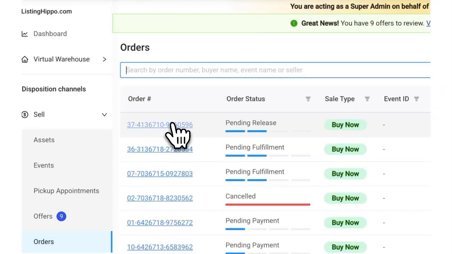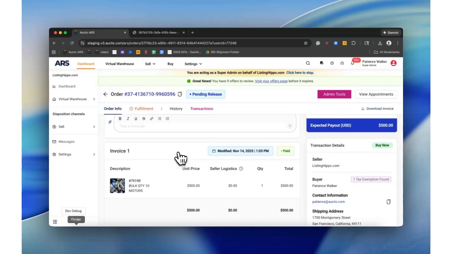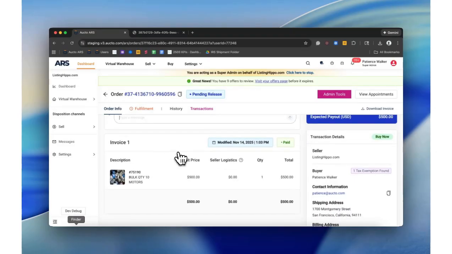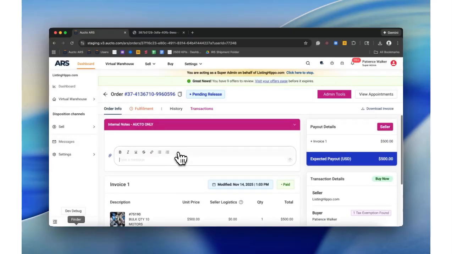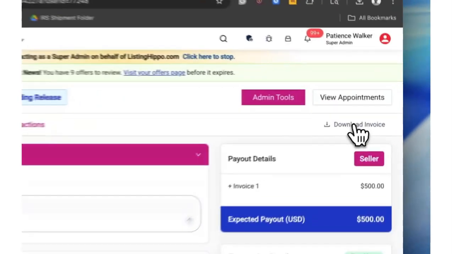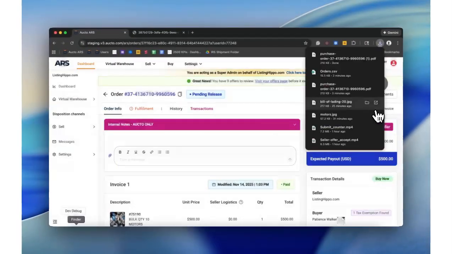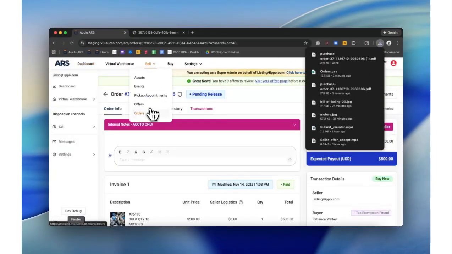To review the details of an order, simply click the order number. You'll be able to view the order summary, check the status, and access the buyer's contact information. If you need a copy of the order, click the Download Order button located on the right-hand side of your screen. Lastly, if you want to review your company's full order history, use the Export button in the Order section